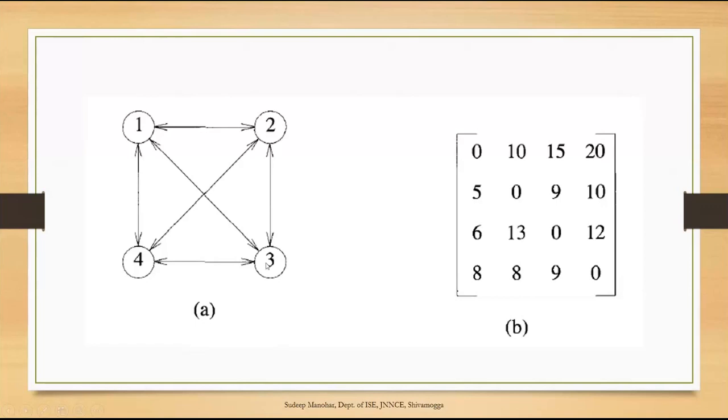One more example, if I consider 3, the cost from 1 to 3 plus the cost of the path from 3 back to 1. While going from 3 back to 1, it has to cover all the remaining vertices: from 3 to 4, 4 to 2, 2 to 1, or else it may cover from 3 to 2, 2 to 4, 4 to 1. One more k is 4. So the cost of the edge from 1 to 4 plus the cost of the path from 4 back to 1. While it goes from 4 to 1, it can take either 4 to 3, 3 to 2, 2 to 1, or 4 to 2, 2 to 3, 3 to 1. So that means we can split the problem into two parts.